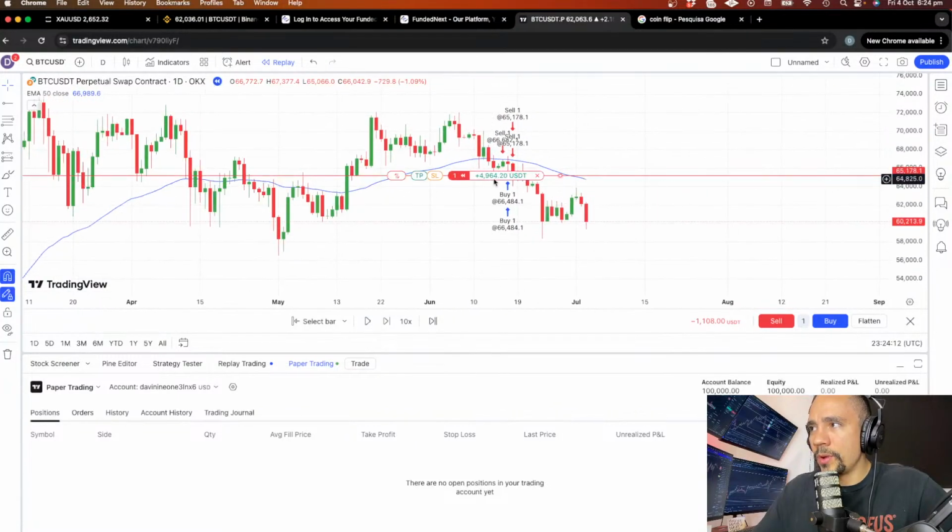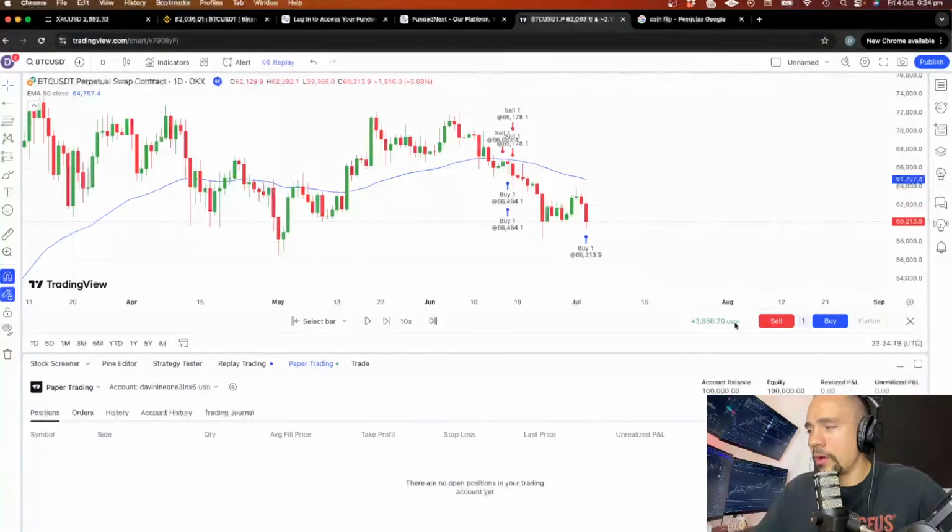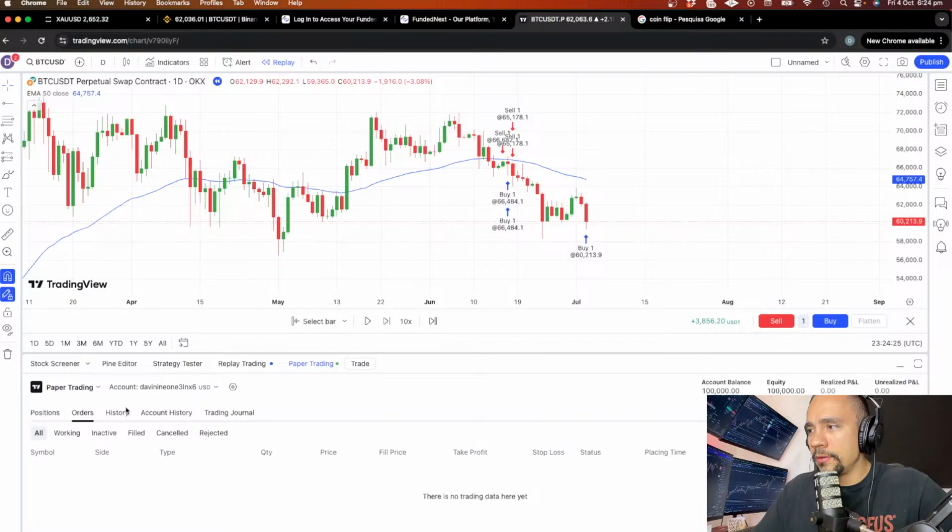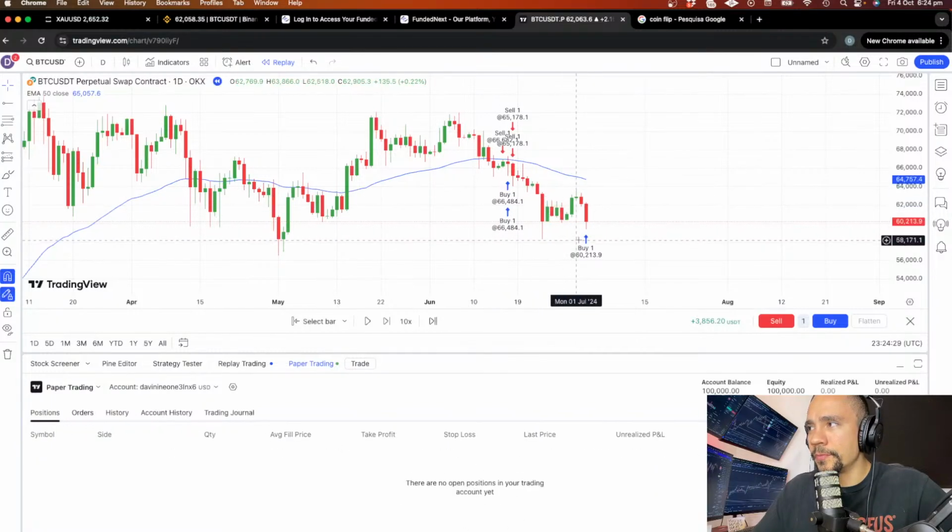So for example, if we went short there and we are making 5,000, you can, let's say, flatten, and then the P&L would appear here. Okay, for some reason it's not showing down there. It should be, but maybe it's just a bug from TradingView. Okay, but again, you can practice on the demo account any strategy you want.